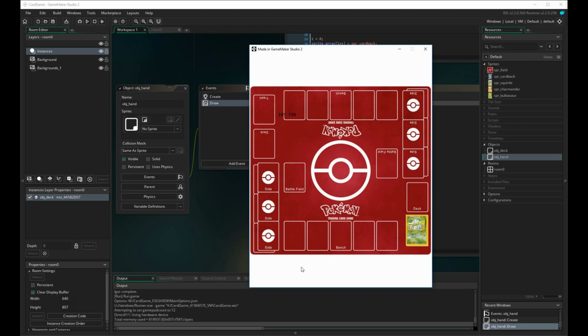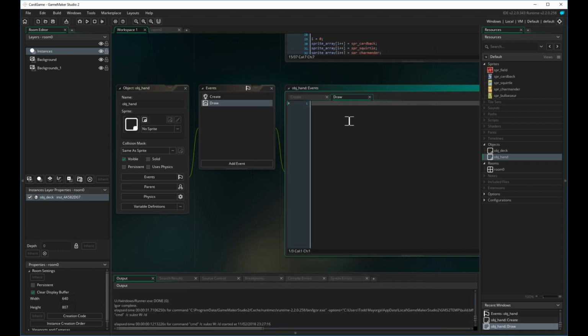So I can choose any place on here. So I'm going to use coordinates 180 and 150 to begin drawing my hand. It's good to use these tools. So what I'm going to do is for I equals to 0, and I is less than the number of cards I have in my hand. If my hand card is bigger than 0, which means there is a card there,